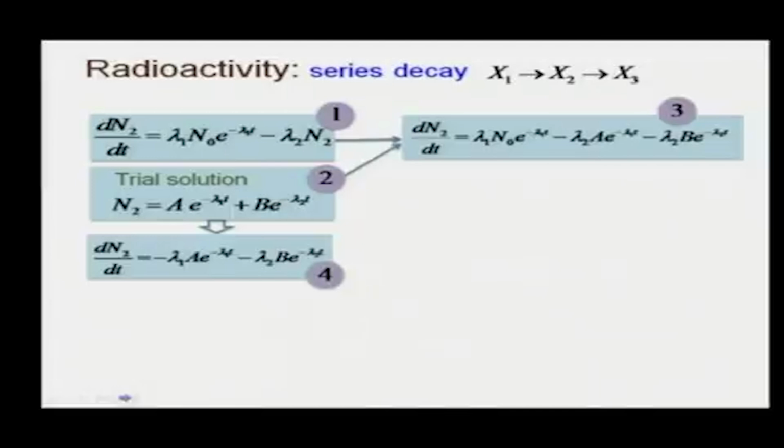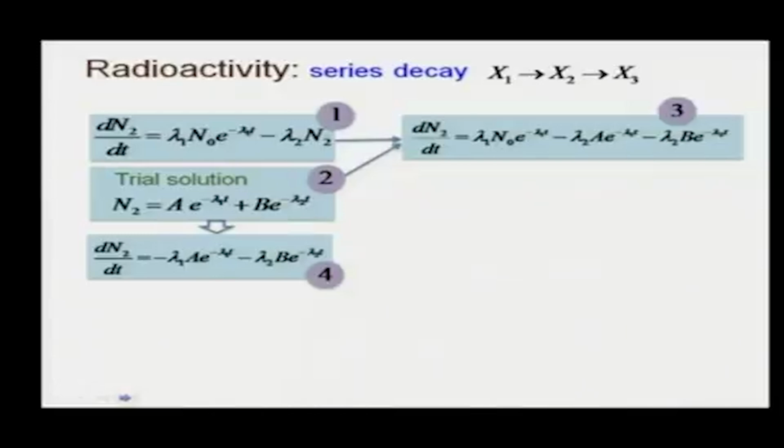We are talking about the rate of change of n2, that is, the number of x2 type nuclei at some time t in an interval dt, how many of them will change. So the right hand side should be the same,